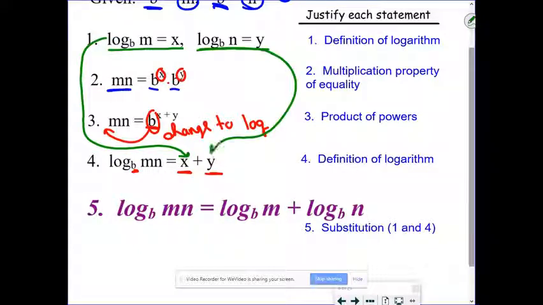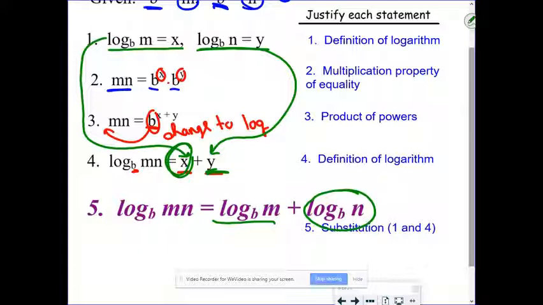Wherever there's a y, I'm going to put in log base b of n. So what happens? We've proven that first log rule here. When I am adding log base b of m plus log base b of n, I can write those together as one logarithm, log base b of